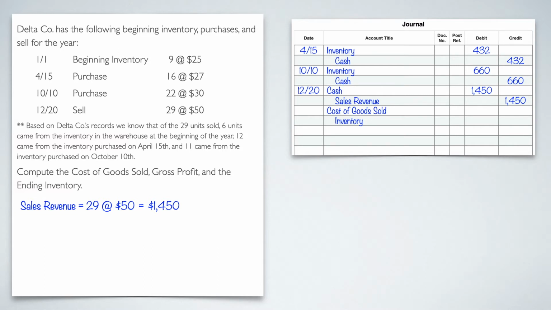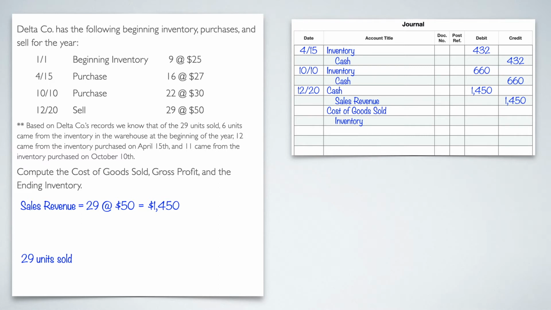So we're trying to find out how much cost of goods sold we're going to have. So we need to find out how much we're going to expense from the units that we sold. So again, we sold 29 units. So that's how many we're going to have to expense. But we're not going to pull them from the top. We're not going to pull them from the bottom. We don't have specific. We're just going to do a weighted average. And a weighted average, remember, it has three steps to it.